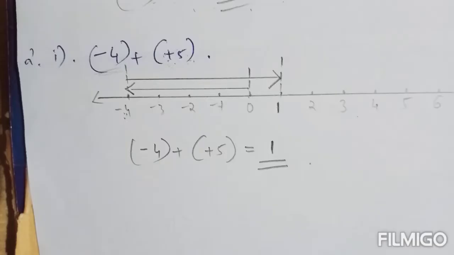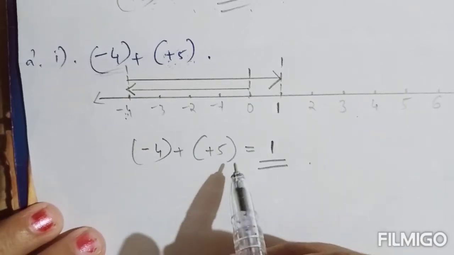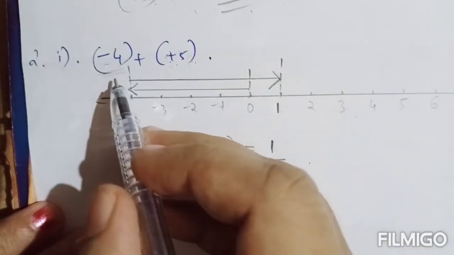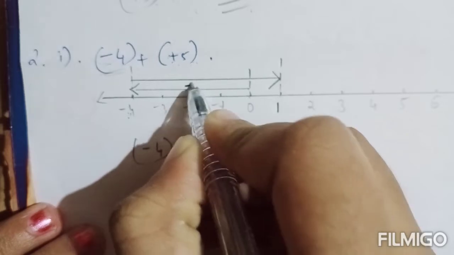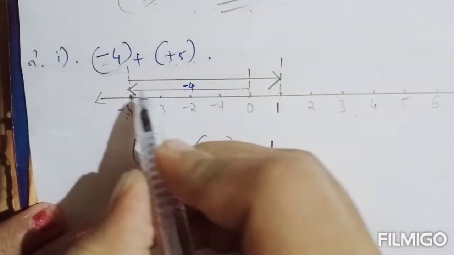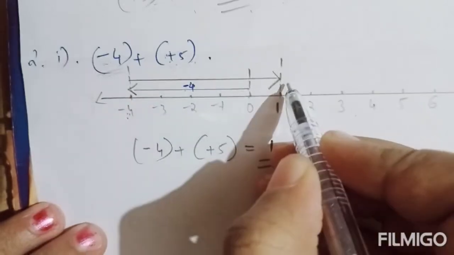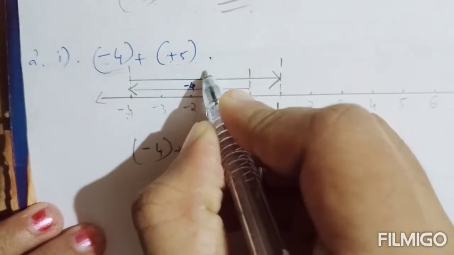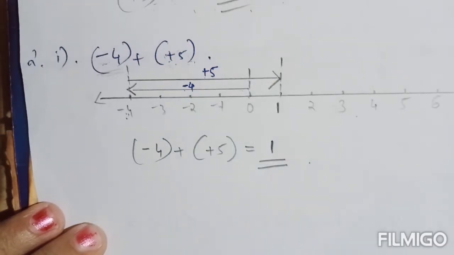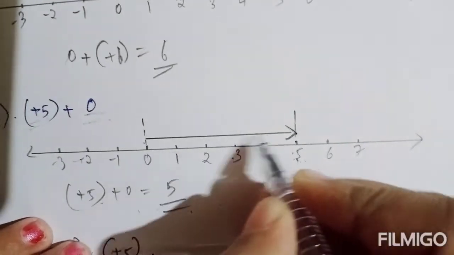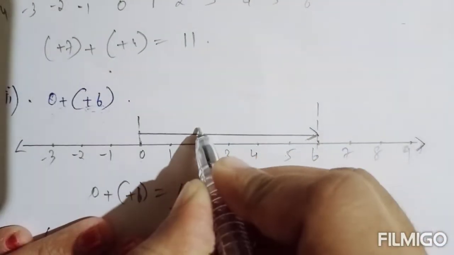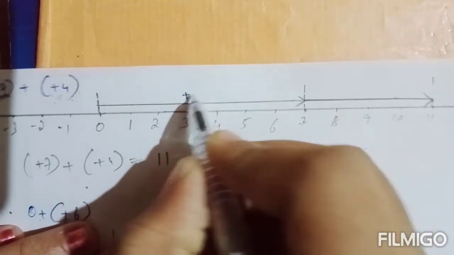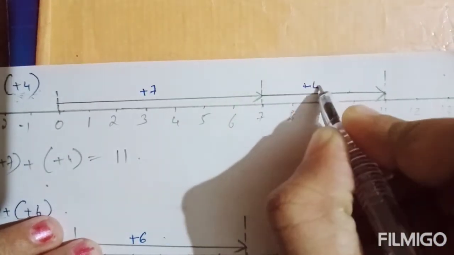Okay, here on this number line you have to mark one more thing. First you are moving minus 4, I mean from 0 you are moving 4 units to the left. So above that arrow you can just mark this is minus 4. Okay, now from minus 4 you are moving 5 units to the right. So this arrow indicates positive 5, that you can mark. Okay, on every number line you can mark this is plus 5 unit to the right. Okay, here also plus 6 unit to the right. Now in the first question also, this is positive 7 and this is positive 4.